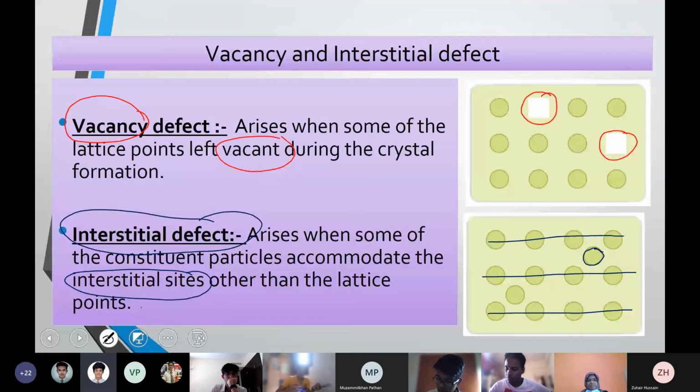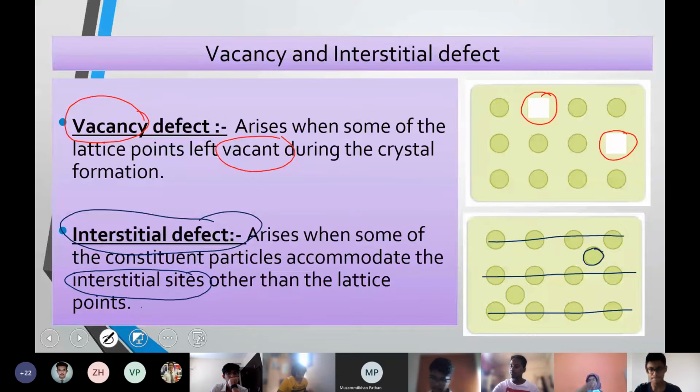So interstitial defect is basically like there are some particles which take place where they're not supposed to. It's supposed to be only in the particular row or column, right? Diagonally, vertically, or horizontally, XYZ direction, 3D. But other than that, in between, they are taking some places which are not supposed to be their place. That is what interstitial sites are. Such a defect is interstitial defect. So now the imperfection is, it's not a perfect arrangement because of these particles. There are some imperfections or disorderness in the arrangement. That is what an imperfection or a defect is.